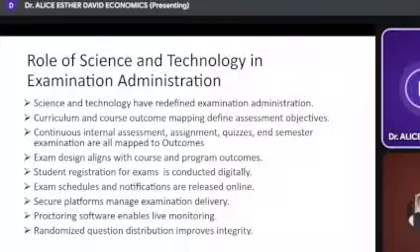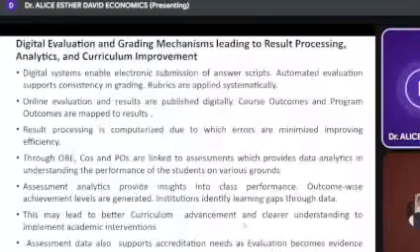system. I have been very closely associated with the examination branch of my college, and if we see right from the curriculum design till the declaration of results, technology has taken over the entire thing. Let it be designing of the question papers, registration for exams, giving of exam schedules or notifications. The proctoring software enables live monitoring, and even if we look into submission of the answer